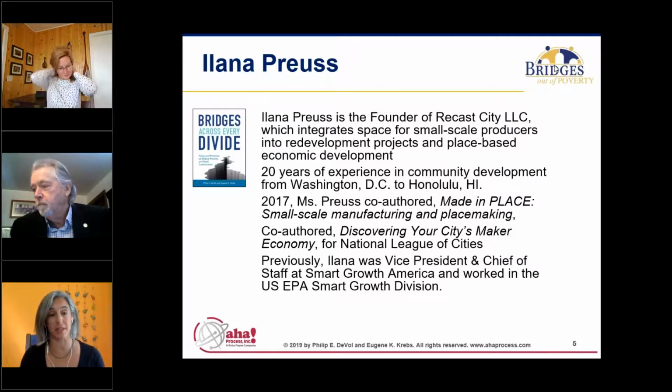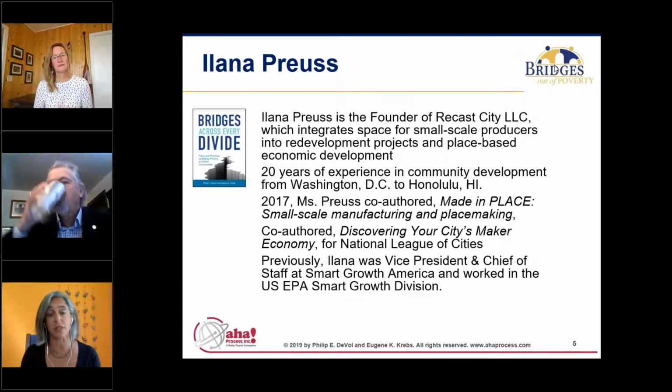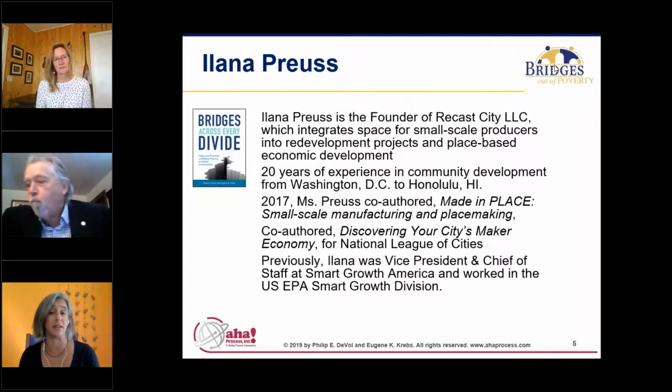My background also comes at this from a perspective of place. I believe that every person has the right to live in a great place, to have opportunities, to build wealth for their family, and to live in a place that they love. Some people might think that that is a dream that's pie in the sky, but I think it's in fact